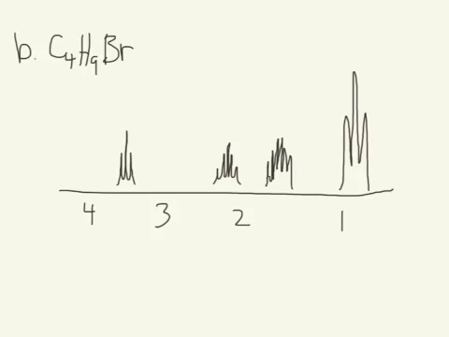So we can kind of approach this the same way. We know that the only reason a signal would appear so far downfield is if it's attached to something electronegative, like a bromine. And from the integration line, we know this is two hydrogens in this signal, so we've got a CH2 going on here. Those must be the hydrogens that are near the bromine, because the bromine's pulling that signal all the way